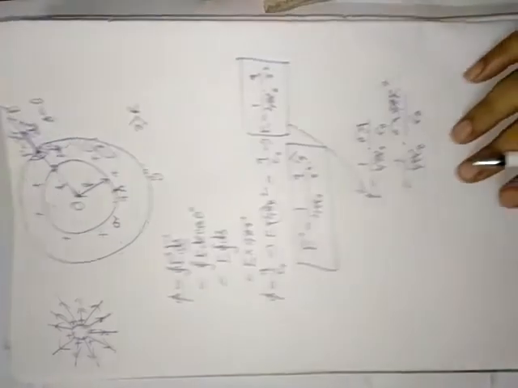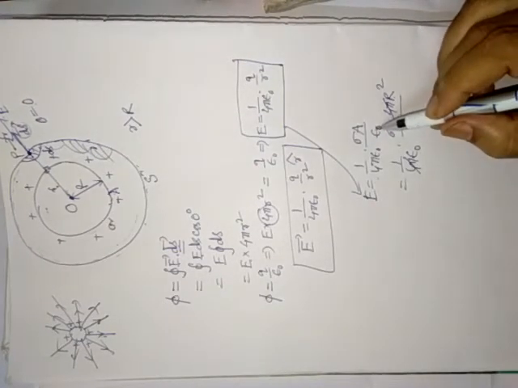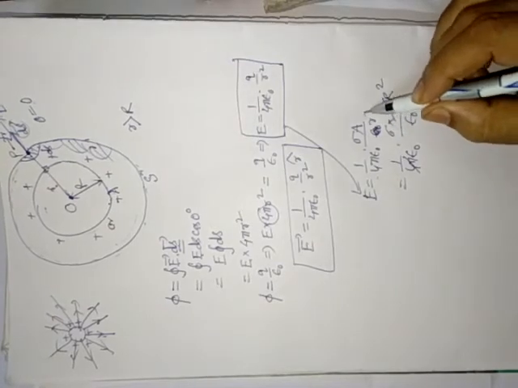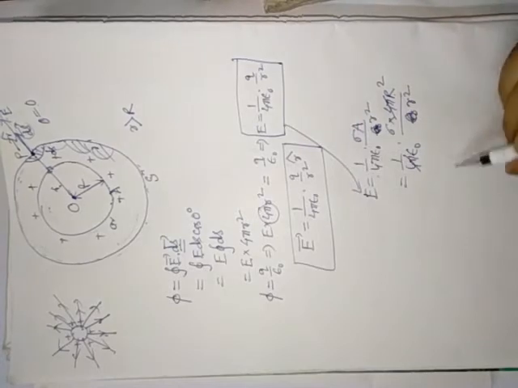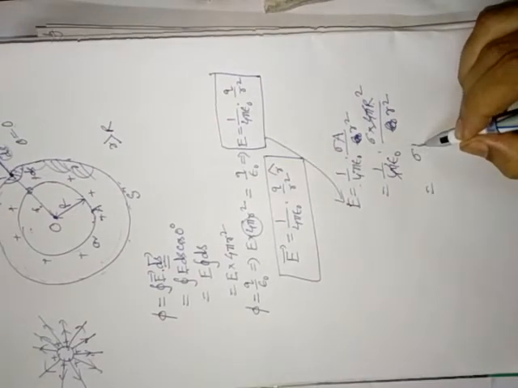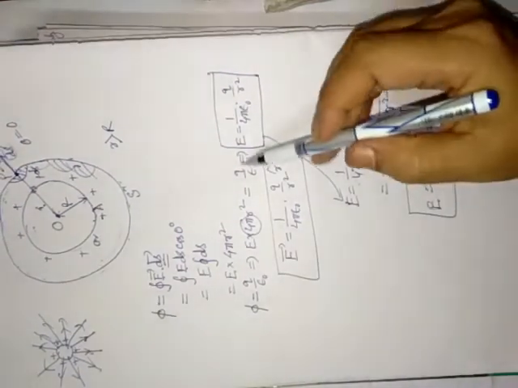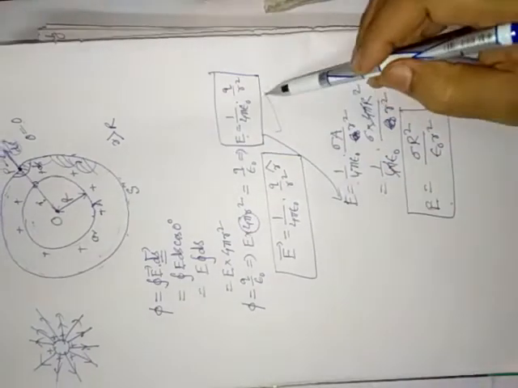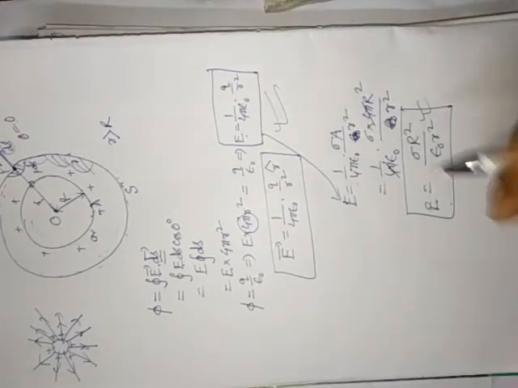After simplification, sorry, this 4 pi epsilon naught is wrong. I have written R square, this is small r square. This is a wrong thing I have written. Now see, sigma R square by epsilon naught r square. This is another expression of electric field intensity. This is also correct. Means for exam purpose, for numericals you have to remember both. Now I would like to discuss my note also. Same thing I will revise.